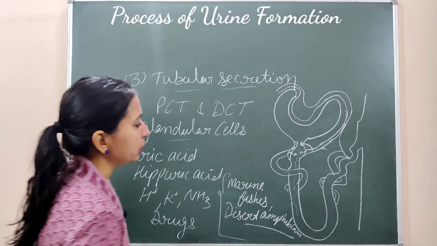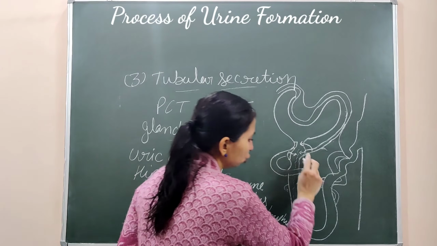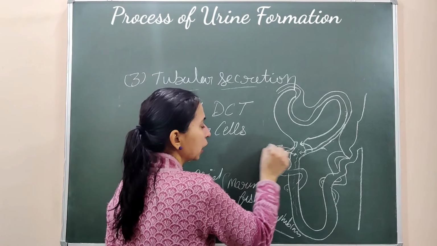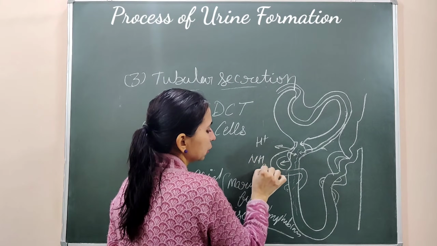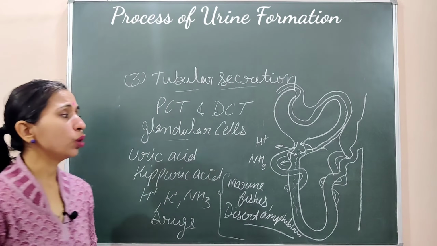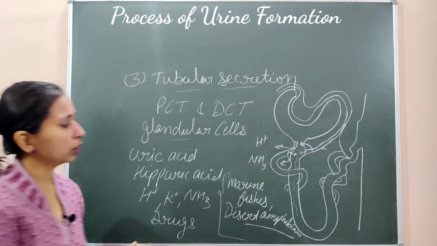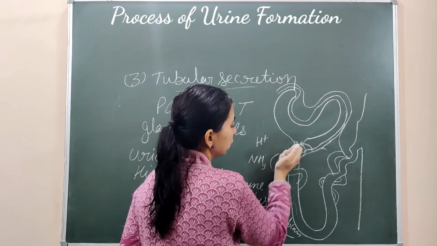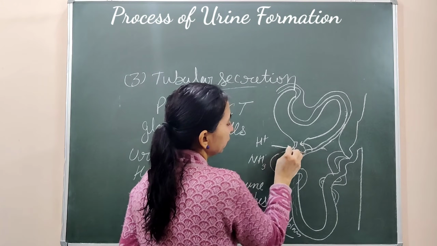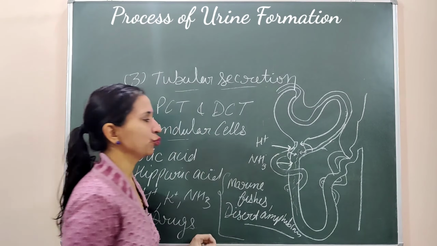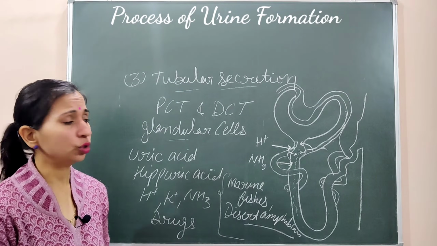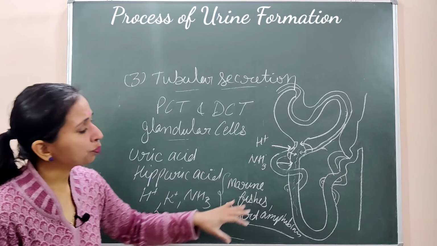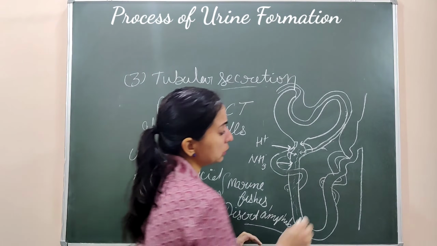Let's see. In the PCT region, when the filtrate is passing through, the hydrogen ion and the ammonia present in the blood get poured back into the filtrate. For this we will use a sign slightly differently, since reabsorption is shown one way. They get poured back, or secreted back, into the filtrate. So these are the ions which are secreted into the filtrate in the PCT region. As the filtrate moves into the DCT,